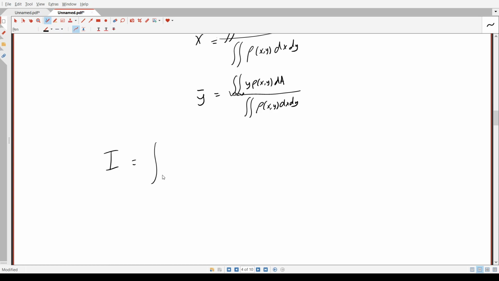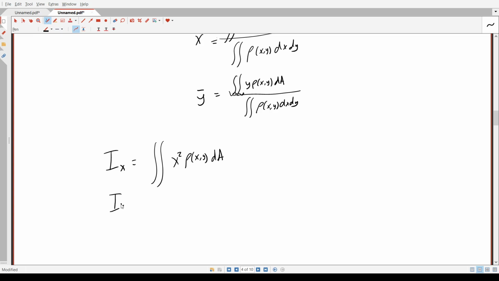This is going to be the second moment, so it's going to be the integral of x squared times the density dA. Right, so this is the moment of inertia in the x direction,